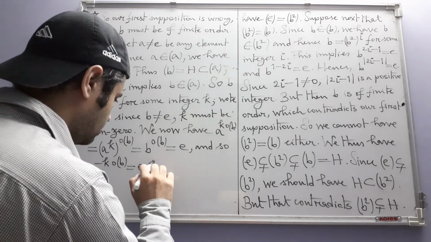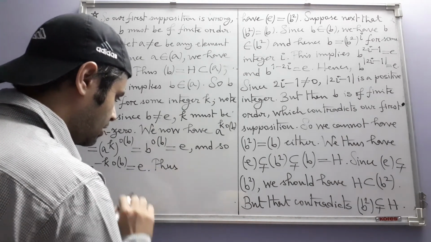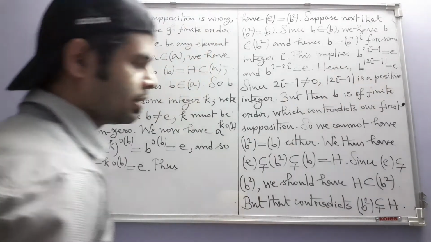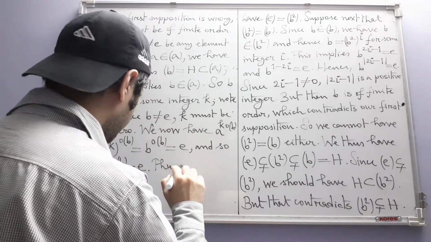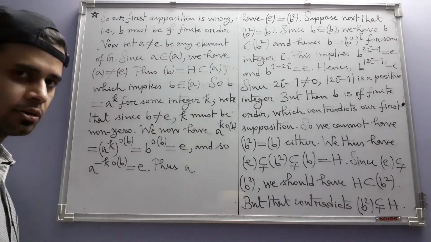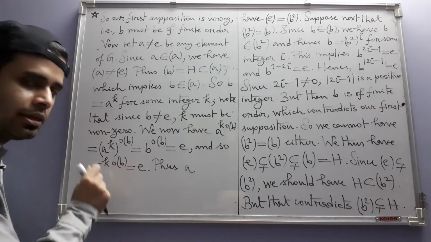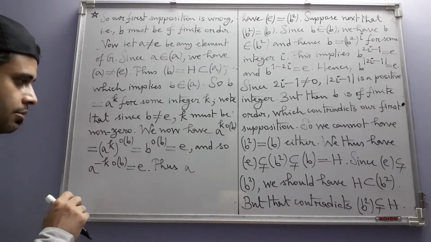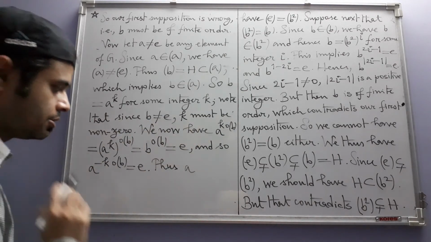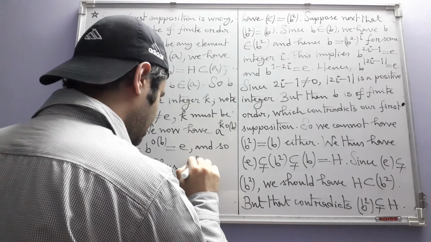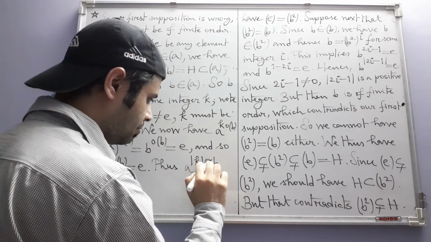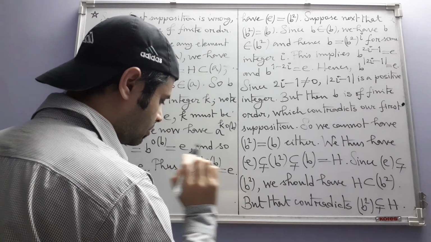Thus, here we are trying to get a situation like this one where we can use absolute value. Thus A to the power absolute value of K times order of B. Now order of B is already a positive integer. K is something we don't know. It may either be positive or negative. However, it's not equal to 0. So it's enough to consider the absolute value of K only multiplied by order of B is equal to identity.